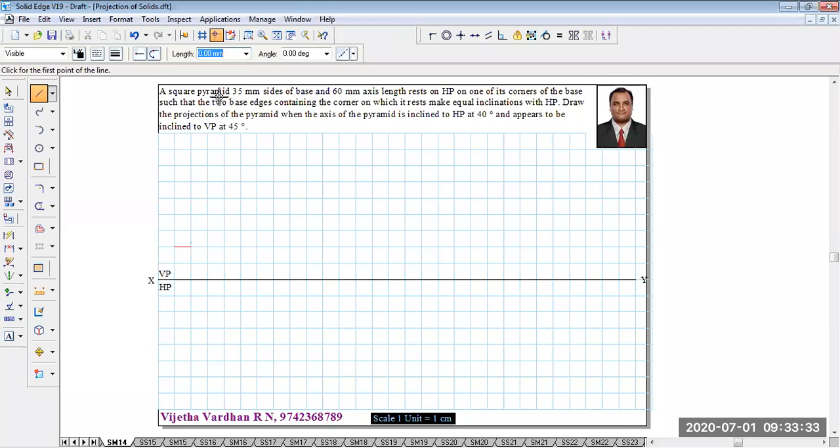Now to start with the grid book, we know that we have to construct a square of 35 millimeter size with a corner resting, for which you can use your 2H pencil and draw a constructional line starting from this point over here like this. And once this constructional line is developed, locate a point on this line, and then from that point keep the protractor and measure 45 degree like this.